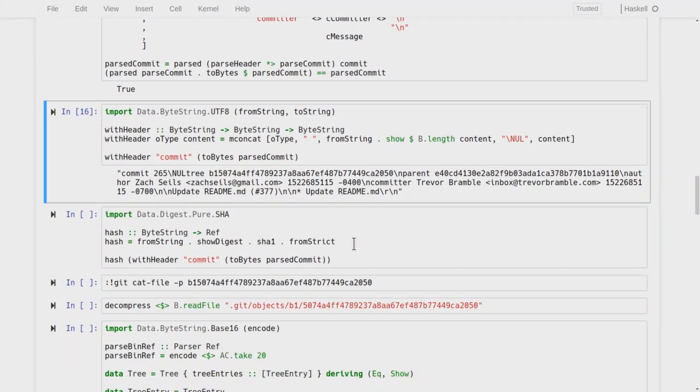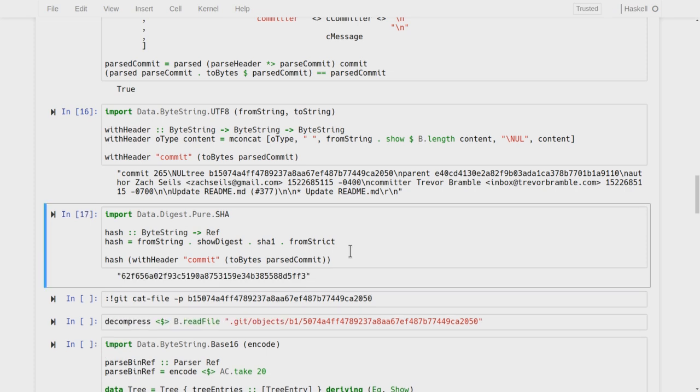So now I get to something that's a bit more interesting. How does Git determine what hash a content is? Git is a content addressable store, which means that the hash that it uses is just the hash of this content, the SHA-1 hash of this content. Let me demonstrate. If I take that content and I hash it,